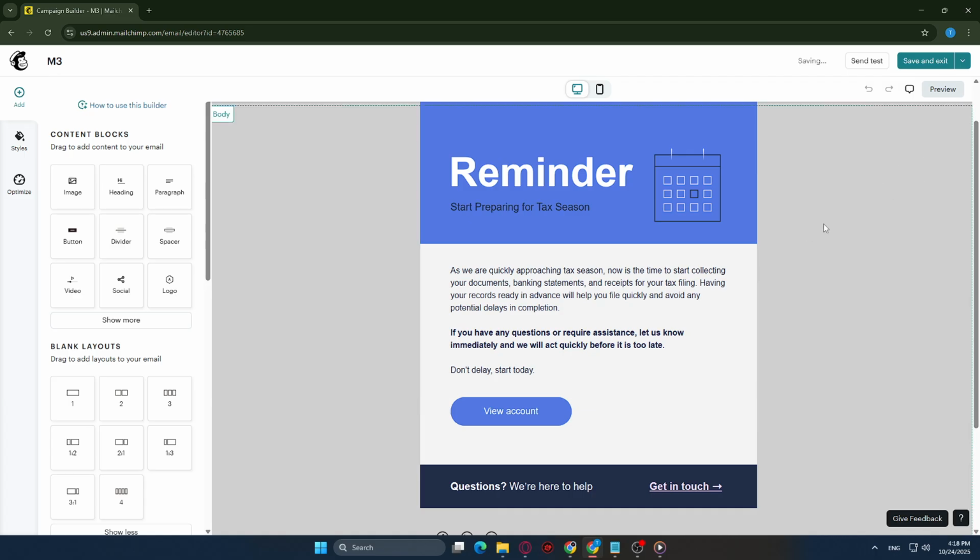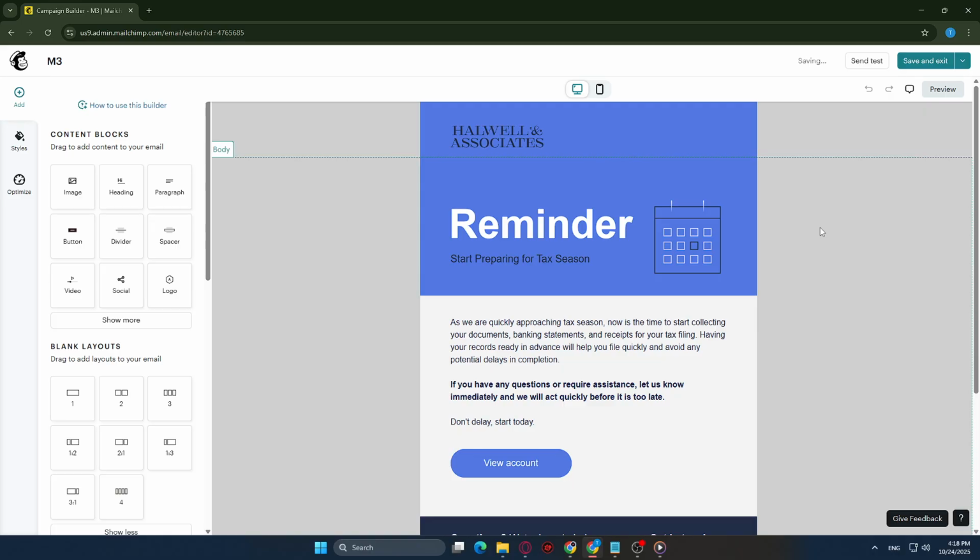Once you've sent out your newsletter, you'll be able to monitor its performance via Mailchimp's analytics, perfect for refining your approach in the